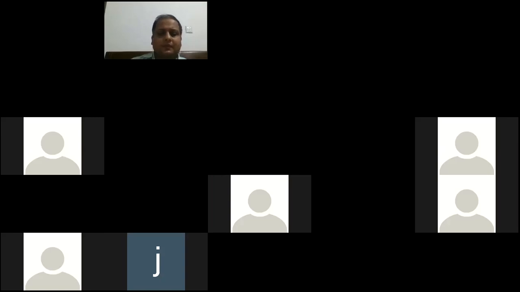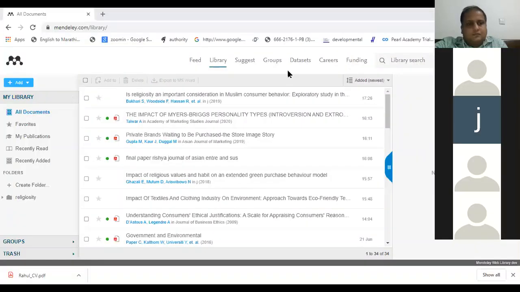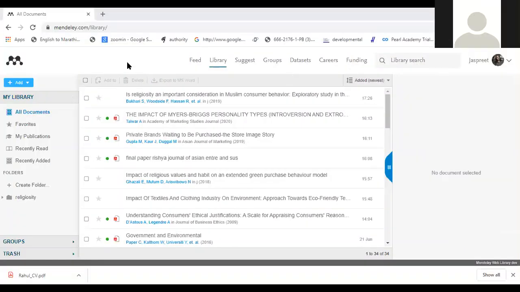Let me go to the web view. Okay, is this the one? Now, if you see the web view, we have spoken a lot about the desktop view. In the web view also, this is a web library, a library on cloud.